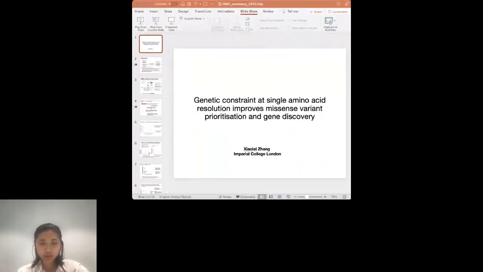I'm going to talk about using genetic constraint to improve the interpretation of missense variants and gene discovery. A recent big game changer for human genomic research is that now we can get access to large-scale sequencing data